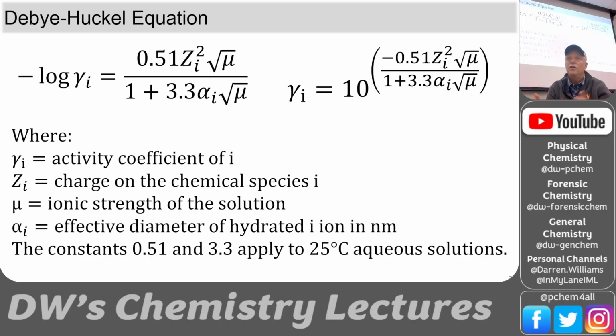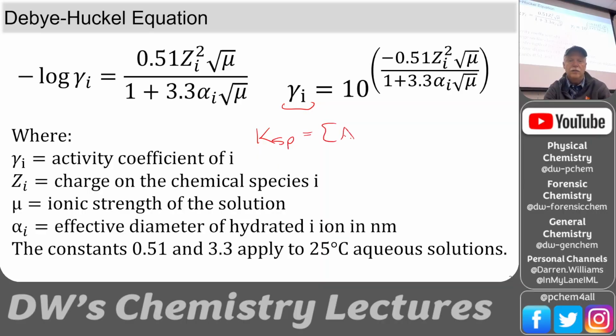So you can actually increase the solubility of silver bromide or silver chloride if you have sodium nitrate in solution. It doesn't react with it at all, but it stabilizes the aqueous solution. So that's what's going on with the Debye-Huckel equation: we can calculate these coefficients that go in front of the concentration. So you might have Ksp